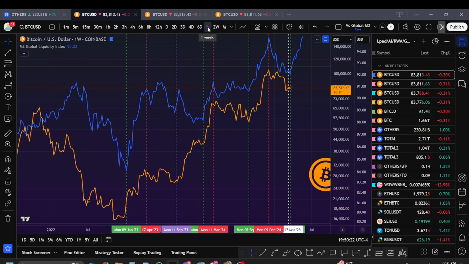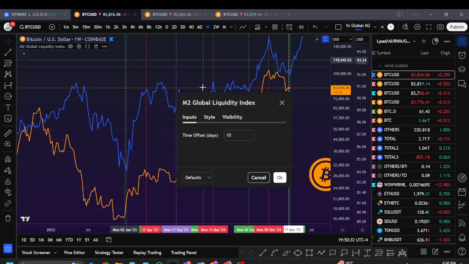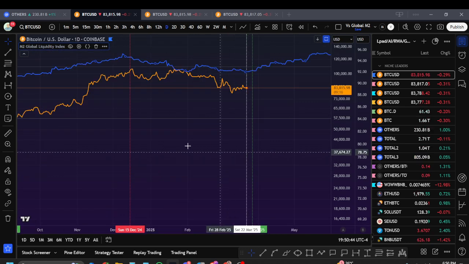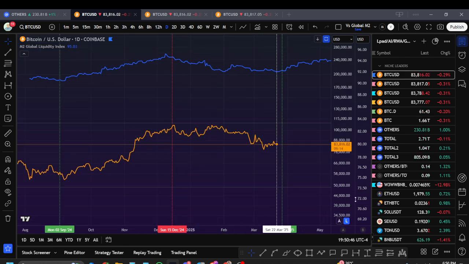When you're on the week, it works out really close because it's averaged out over 7 days. When you go closer into the daily, right? So let's go to 70 days. Okay. And then we'll go down to daily, so it'll line up a little bit better.